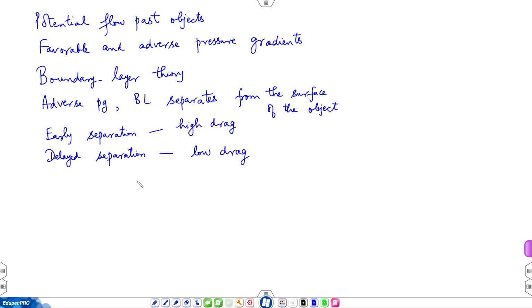So, one approach was, if you have this elongated surface, separation point may shift to point P and the size of the wake is quite narrow,